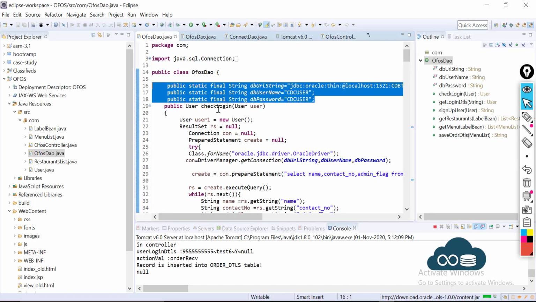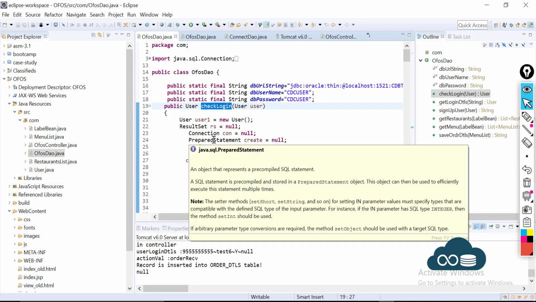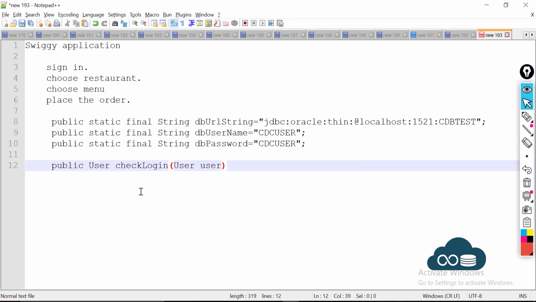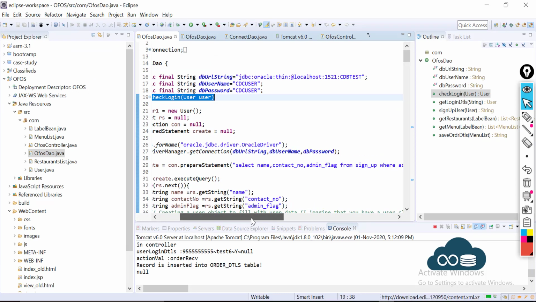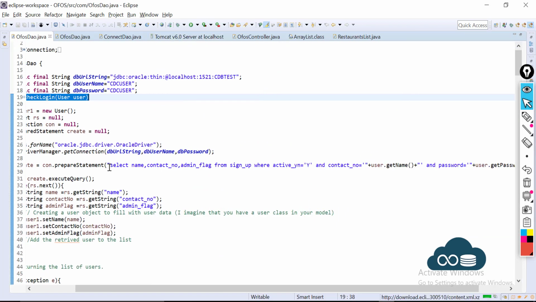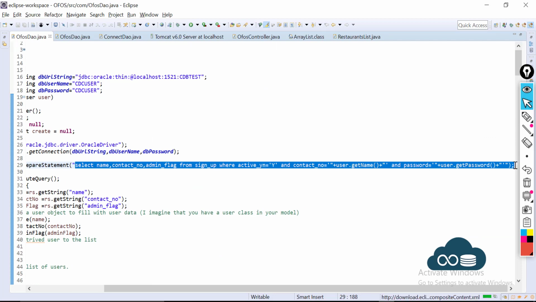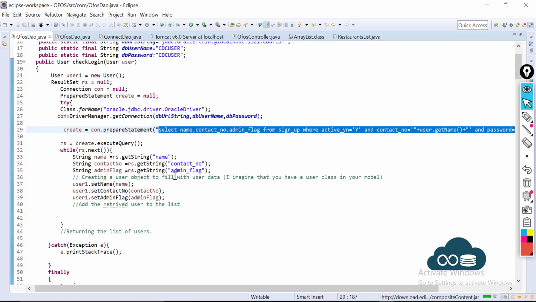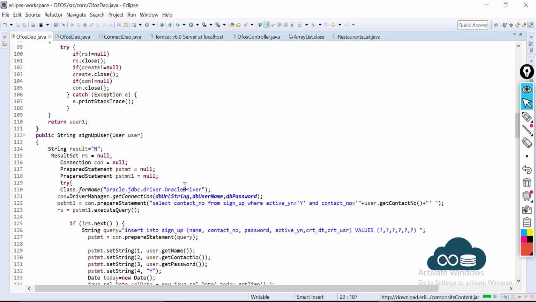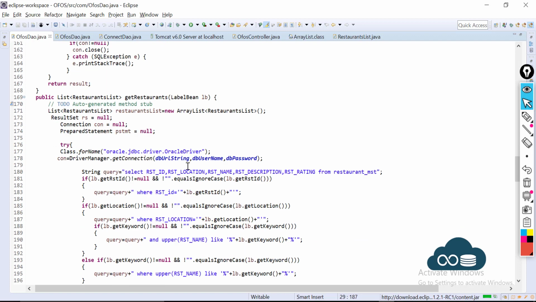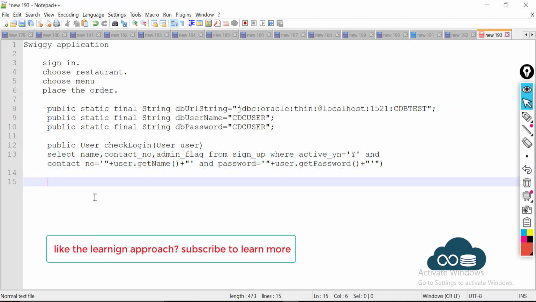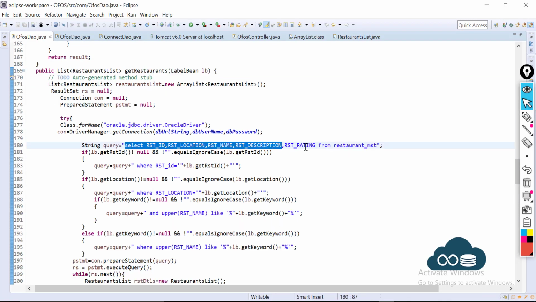Go back. When the user clicks on login, what has to happen? This is what has to happen. Let me copy it. Go back, let me maximize it. So this is what is happening. Copy, paste. When choosing the restaurant, this is what is happening.